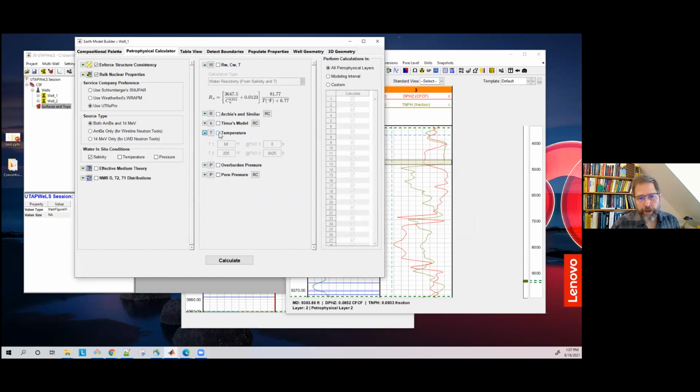So usually you have a fixed temperature by default, but if you want to make a more realistic temperature gradient over some distance, then you can set the endpoints, and it'll give you a linear gradient there. And then the overburden pressure, that calculates,